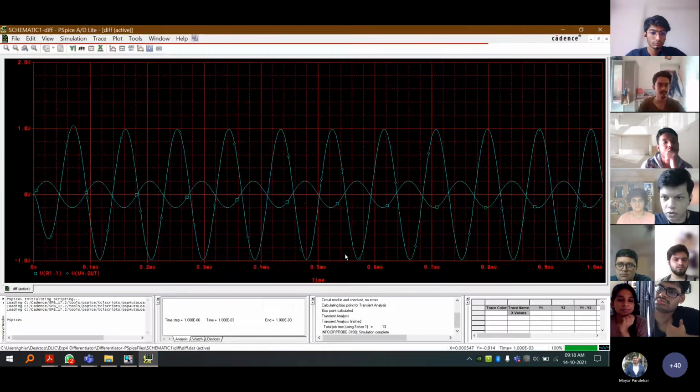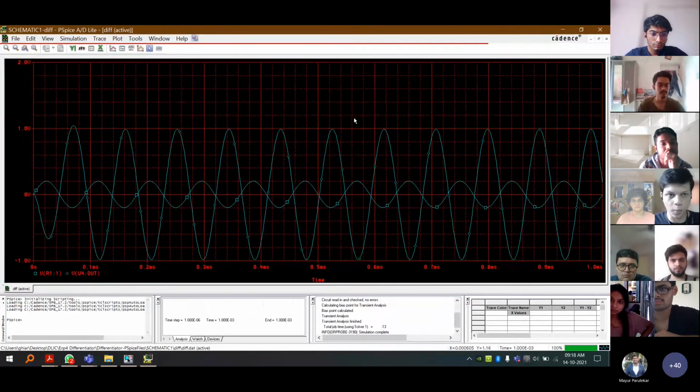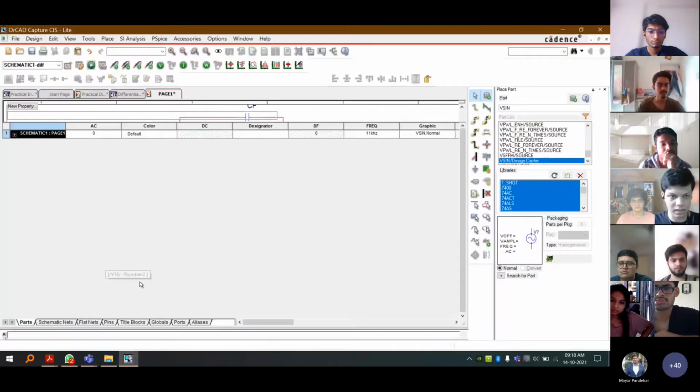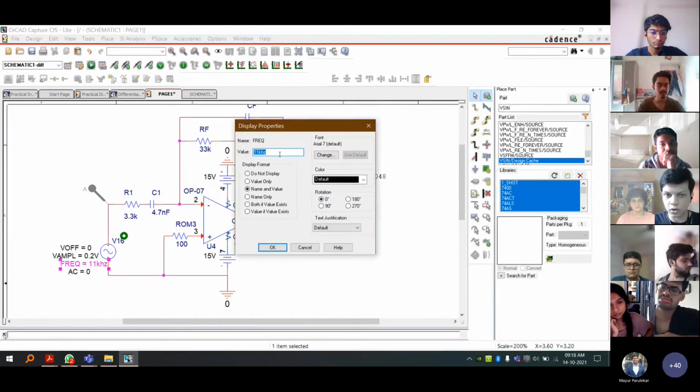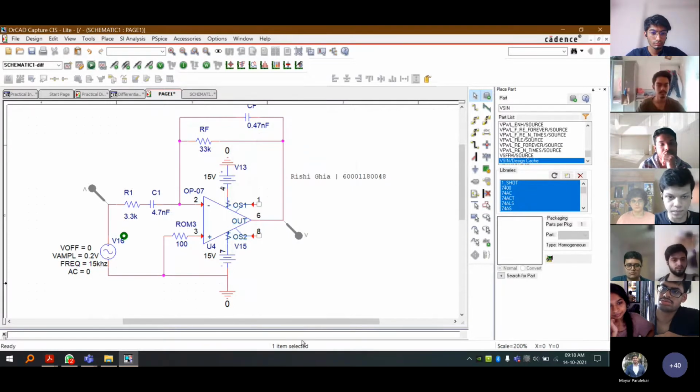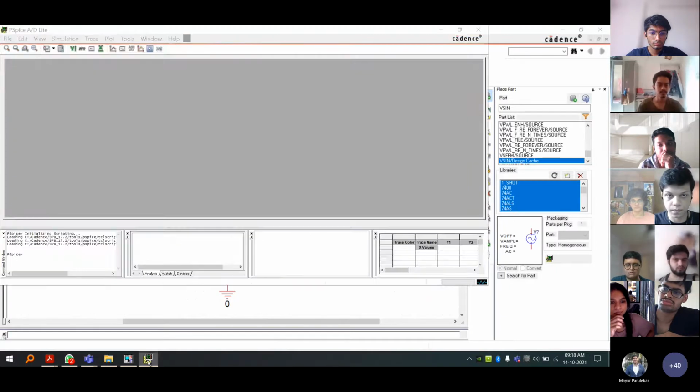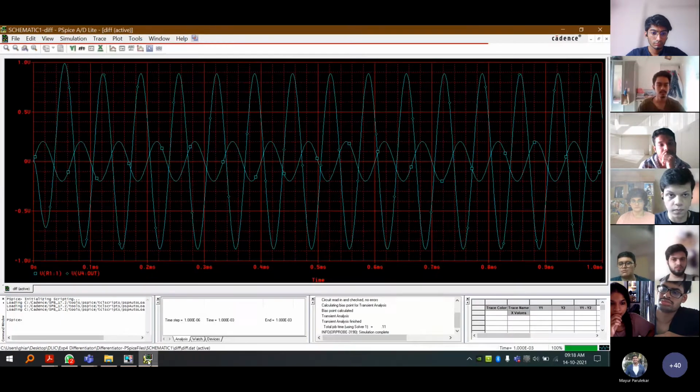Okay, so as you can see, the gain is pretty much almost the same. It's not dropped that much. But what we can do is, for example, make this, sorry, I double clicked on the wrong component. So I can make this 15 kilohertz. Yeah, there we go. So now we can see that our gain has dropped to about